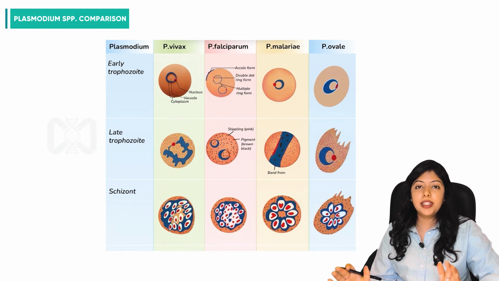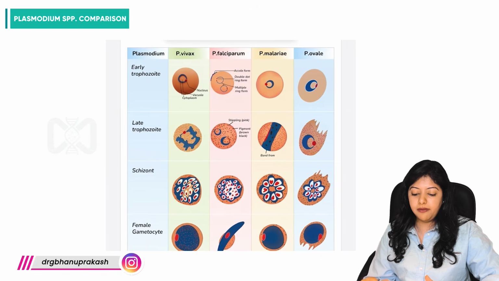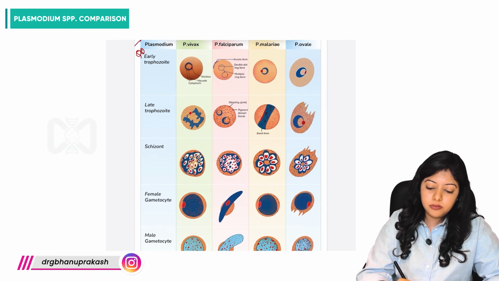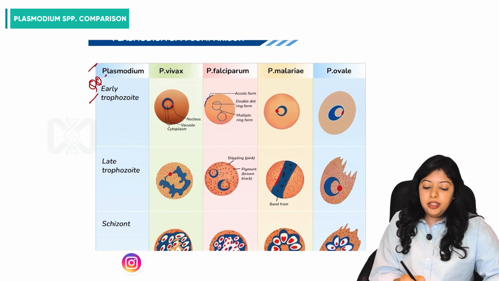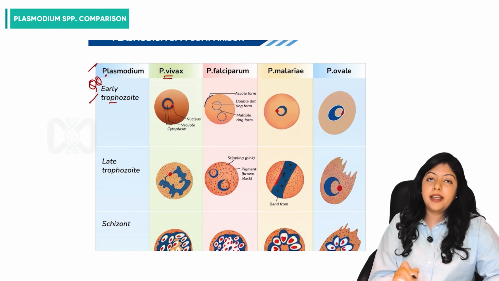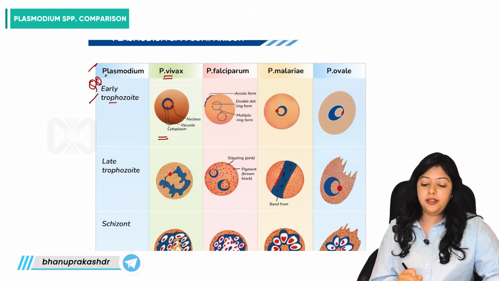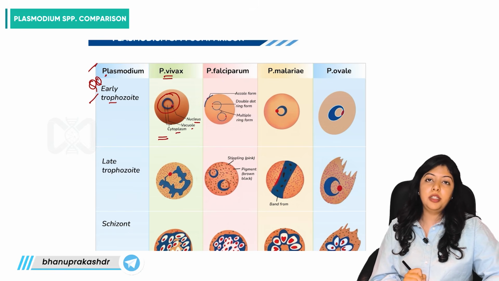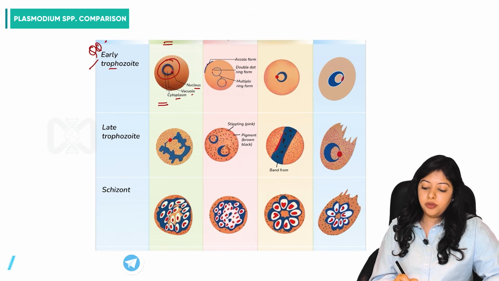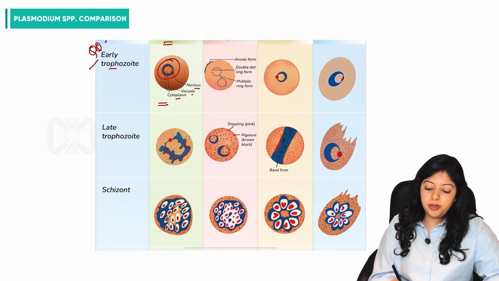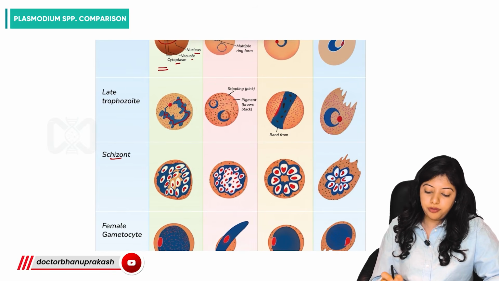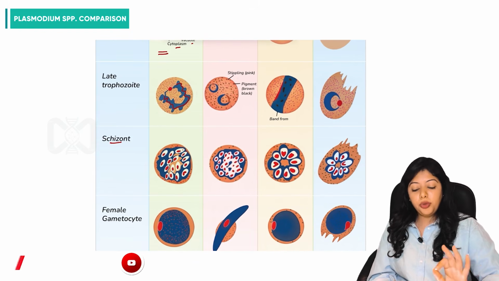Let's summarize them with the help of a diagram, a very, very important image. Now, let's see the early trophozoite of Plasmodium vivax. We said there's going to be one ring. There's this nucleus, the vacuole and cytoplasm of the trophozoite stage. Late trophozoite is going to be amoeboid, right? The vivax schizont, a big one, has more merozoites, 1, 2, 3, up to 14, like 12 to 24.